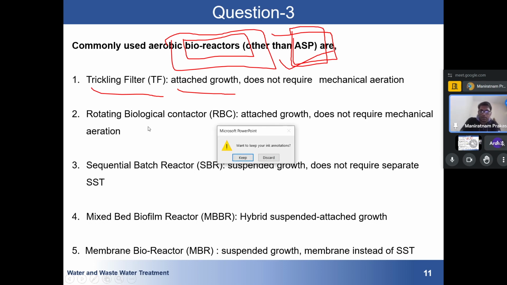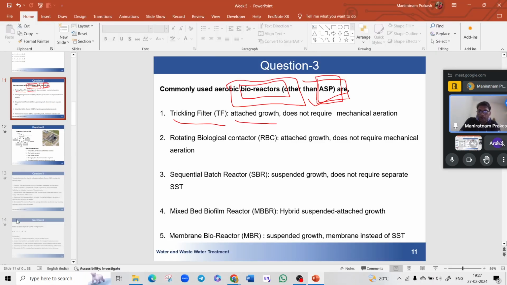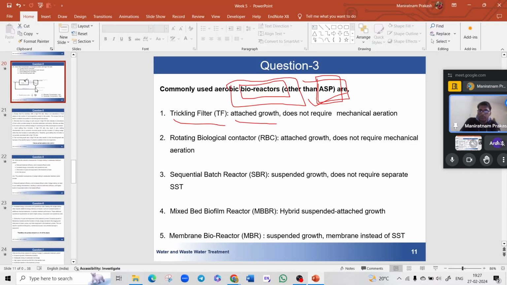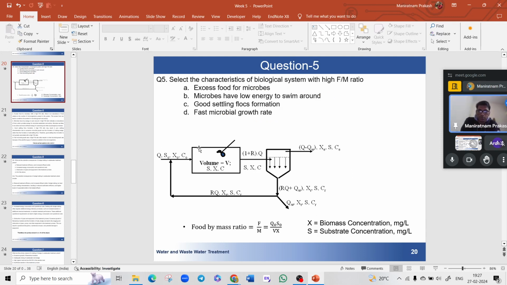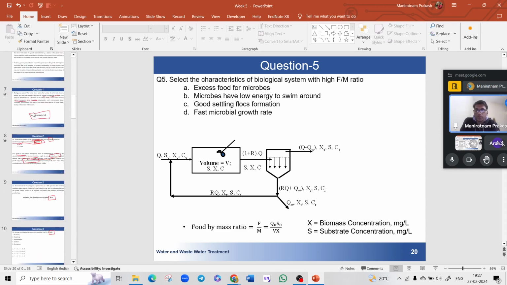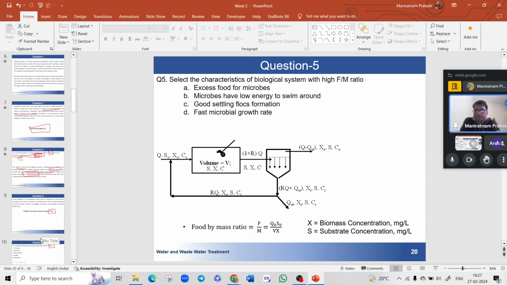First, I will show you how this ASP looks. So this was our common activated sludge process. This was the volume, here some oxygen is given, then this water is passed here, and here microbes are present. Now, in activated sludge process, I am adding microbes in this tank only. There is no such thing as microbes attached at some particular location. Microbes are present everywhere. But in this trickling filter,